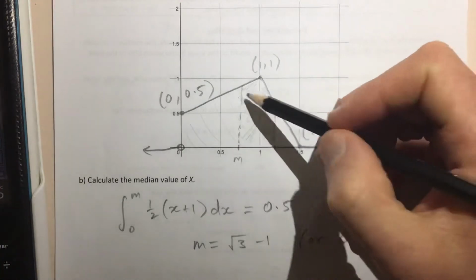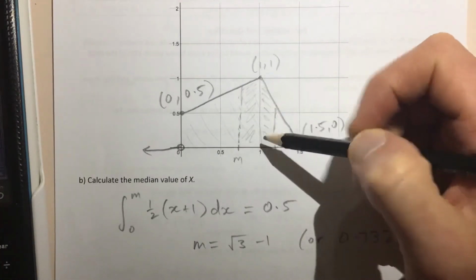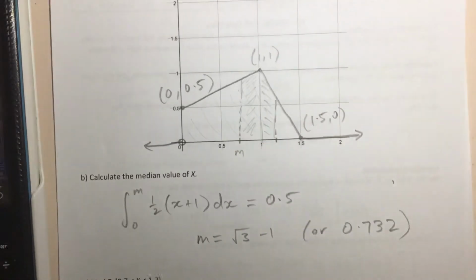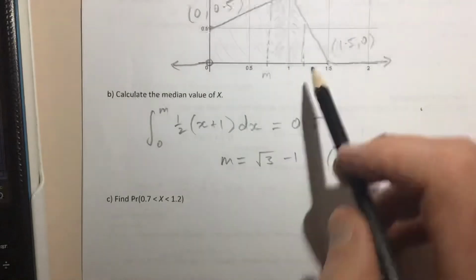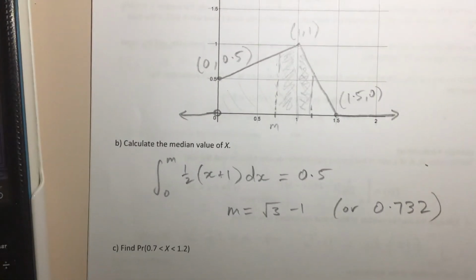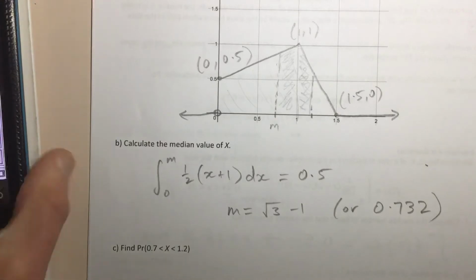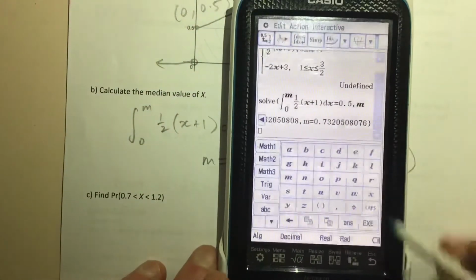So there's a couple of ways to approach it, but probably the easiest way is to find each bit separately. So we can integrate from 0.7 to 1 to find this left-hand part, and then integrate from 1 to 1.2 to find the right-hand part. That's probably the simplest way to do it, especially when you have the graph to visualize it. So we can say,